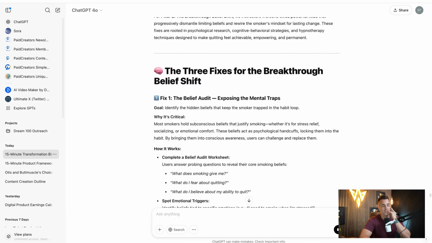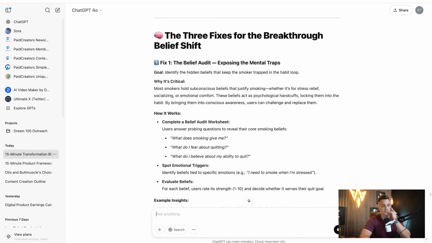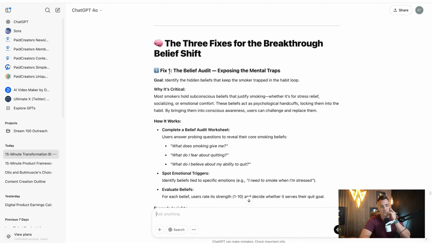Let's dive into a much deeper understanding with some science backing for fix number 1, the belief audit. And now I'm working my way through that. You can see how this starts to get faster and faster within no time. I'm 6 pillars in, 3 modules for each pillar. And just remember, our goal is to give them a result as fast as possible.